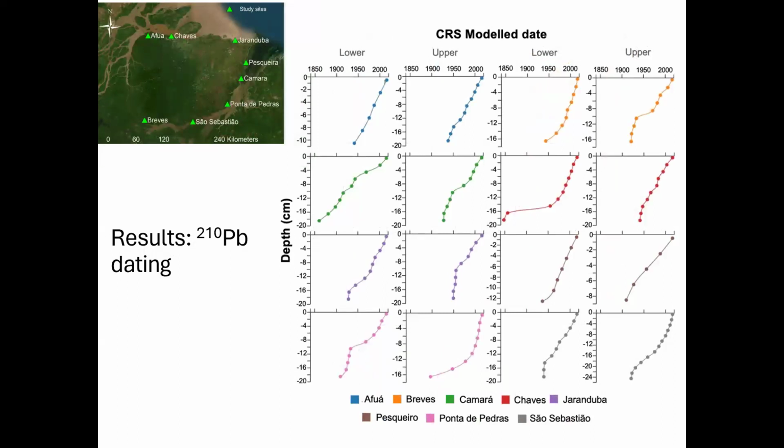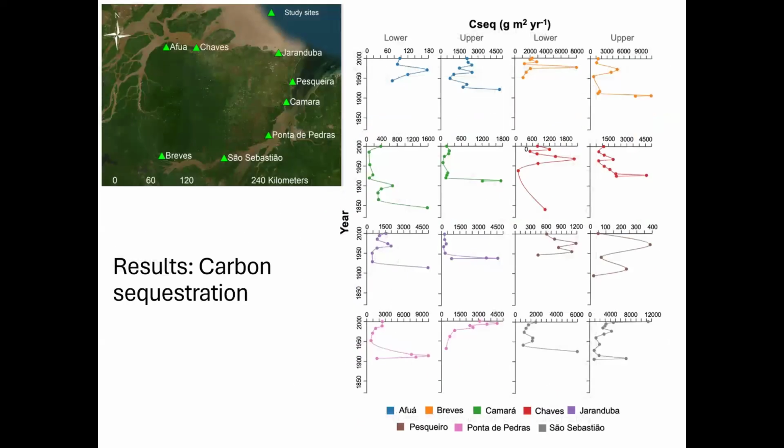Again, we undertook some dating of the sediment, so we looked at date with depth. From about 2020, the oldest ones went back to about 1850, so you get 150 years of sediment accretion and organic material accumulation. We linked that to carbon accumulation over time.